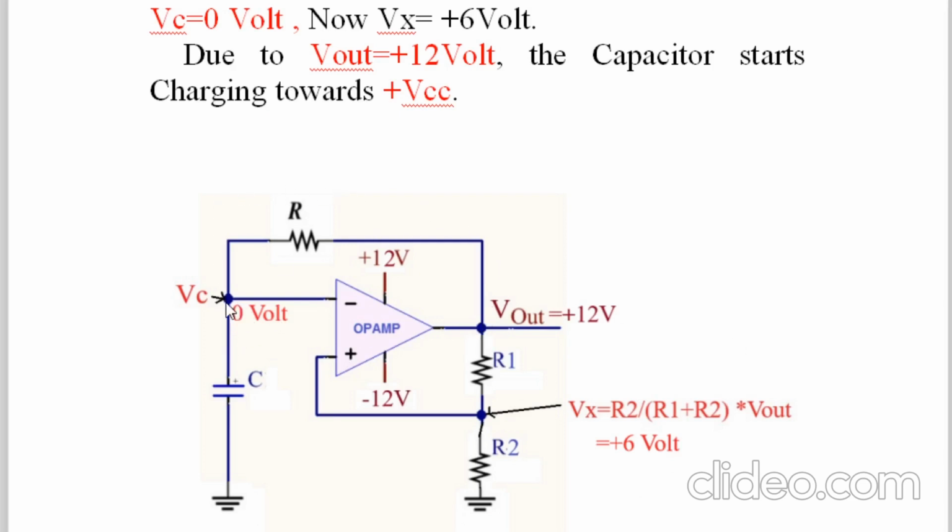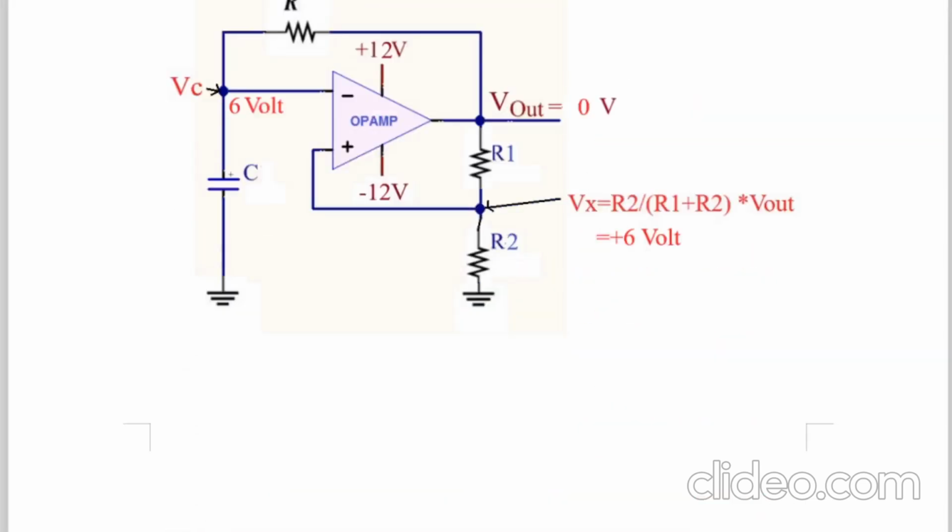As soon as it crosses just above 6 volt, because this is plus 6, this voltage becomes greater than that, and the op-amp's output will be thrown from VSAT plus, that is HVL, to LVL. This becomes minus 12. As soon as it becomes minus 12 volt, it will go to minus 6, and the capacitor which was charging earlier because of plus 12 volt, now with minus 12 volt, will discharge. Discharging will start from plus 6 and continue to minus 6. So that is very simple.